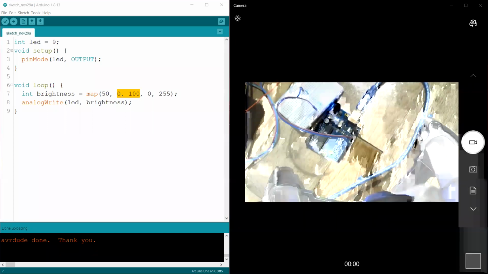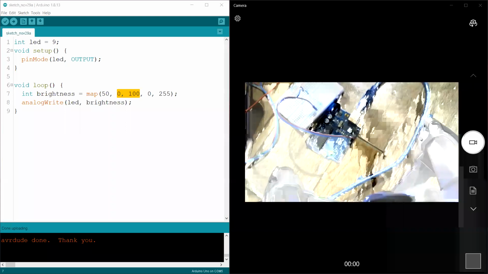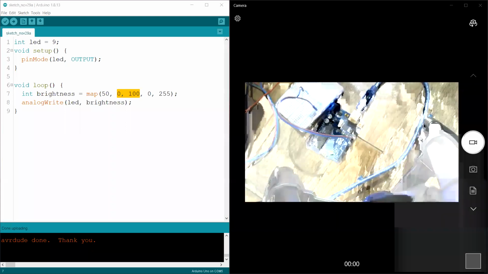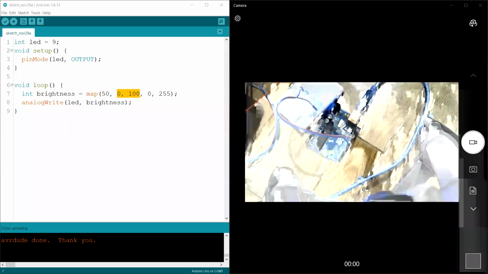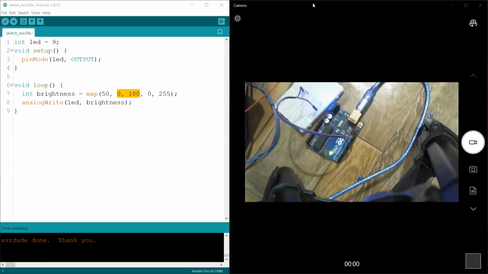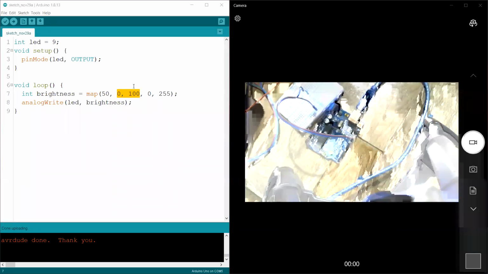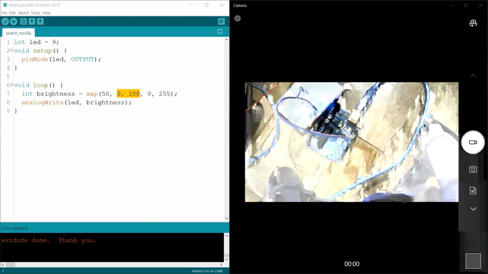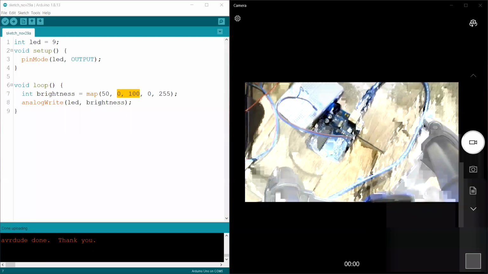With analog write, 0 means off and 255 means on. Usually people type in something like LOW for analog write. Sometimes it is going to work depending on the firmware versions, but that is highly unreliable and not practical. So don't do that.